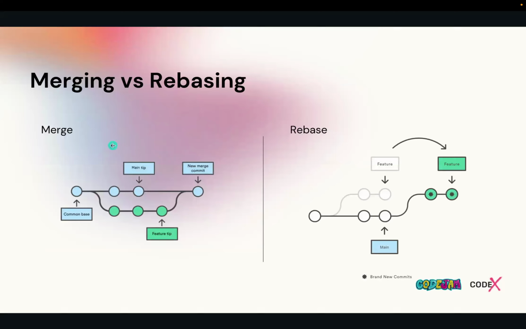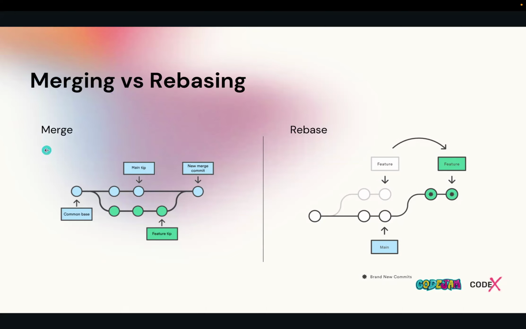Let's say, like, merging or pulling. When we are working on projects, we regularly use git pull. So in that sense, git pull means first fetch things and then merge. First git fetch from the origin, and then merge things to the local branch. So that's the difference between merging and pulling.